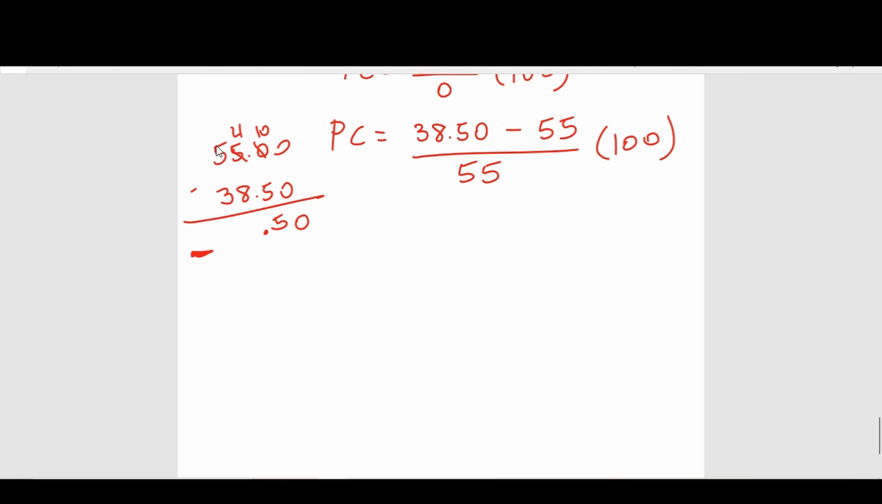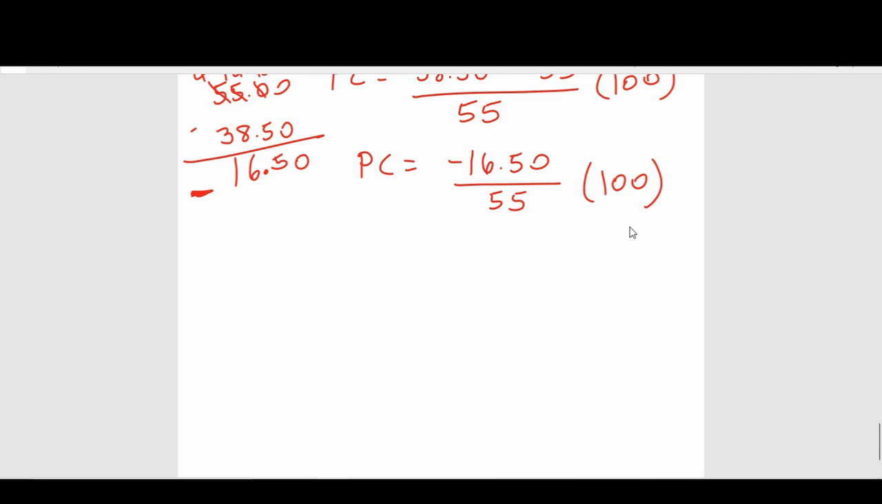4 minus 8 I can't do. I have to borrow. This becomes 4. This becomes 14. 8 and 14, that's going to be 6. And 4 minus 3 is just 1. Okay? So in other words, I know $38.50 minus 55 is going to be negative $16.50 over 55 times 100. We want to find out what her employee discount is. So now we're at this point. We got to do negative